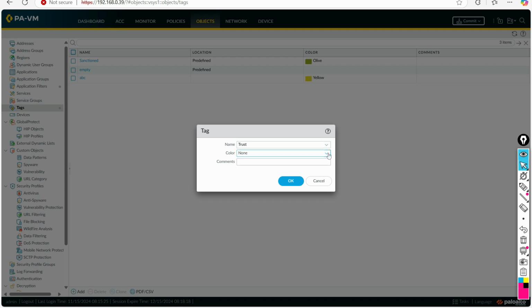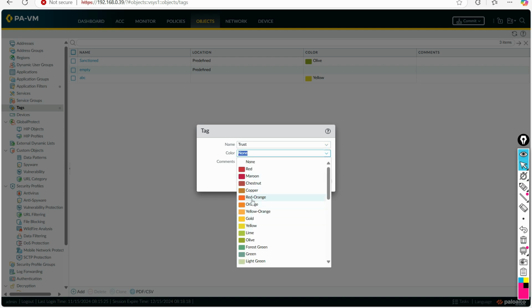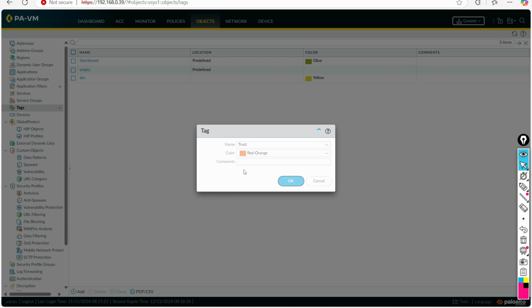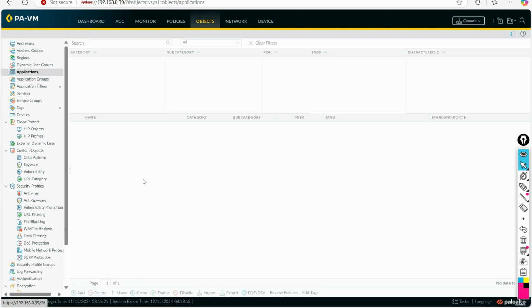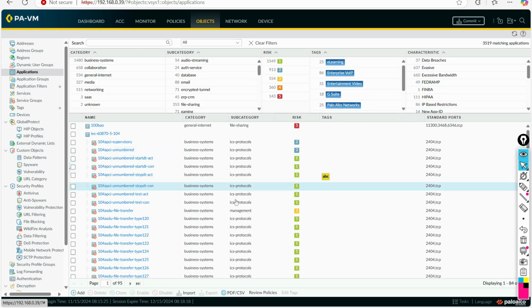and here I will take the color as red orange, based on choice. So I will go to the next step, and I will assign red orange to the application. On that tag, we will create one application filter. Firewalls like Palo Alto also provide some inbuilt tags, which we will show you once it comes up. So let's type here, let's say Facebook,